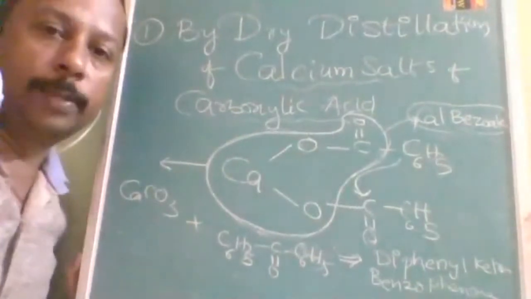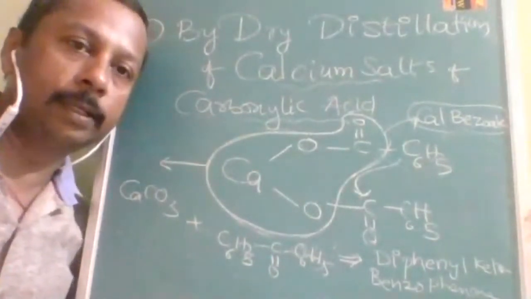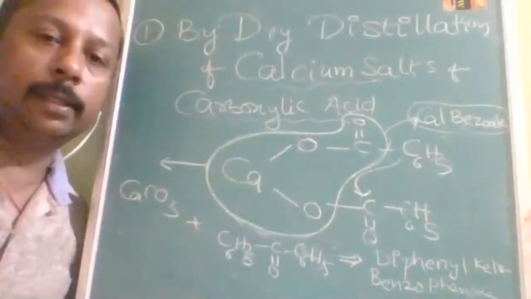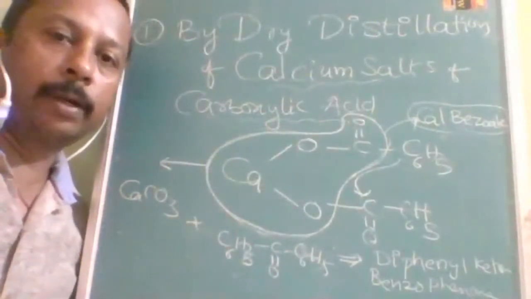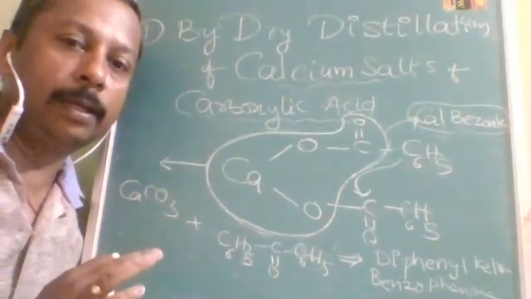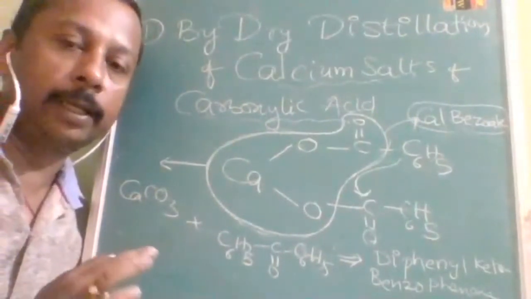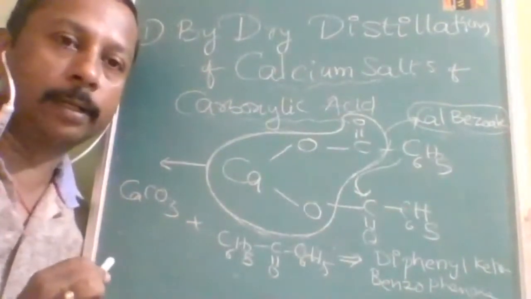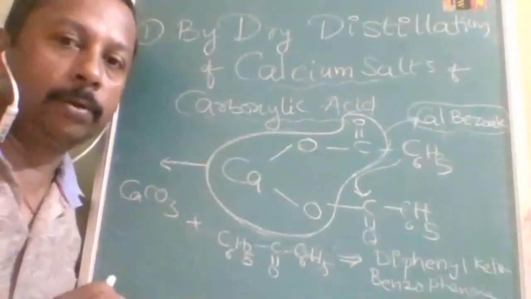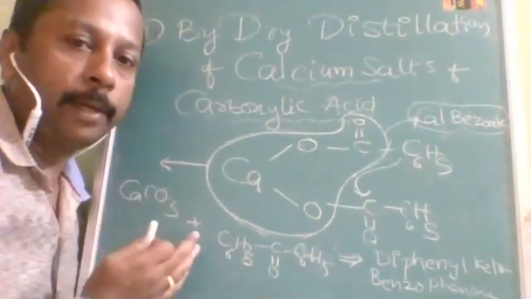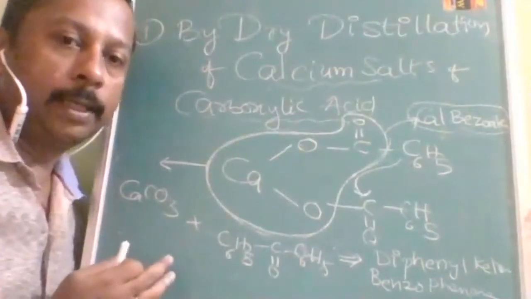So we have done how many examples with one memory technique? If we use this memory technique, it is easy to identify the product without any problem. But I am again reminding you, it is not the mechanism. Practically it doesn't occur like this. It is only to identify the product. This is the method you have to use. Now we are going to go through some more typical part of it.